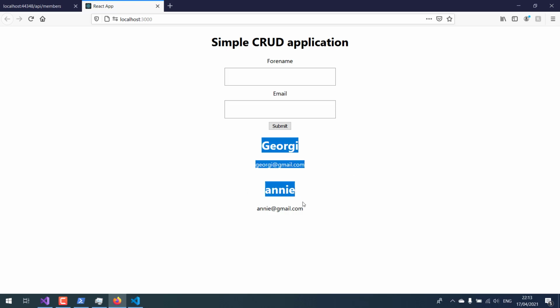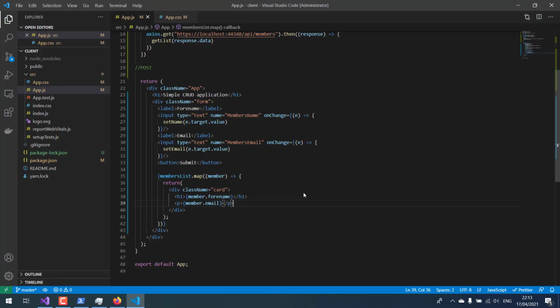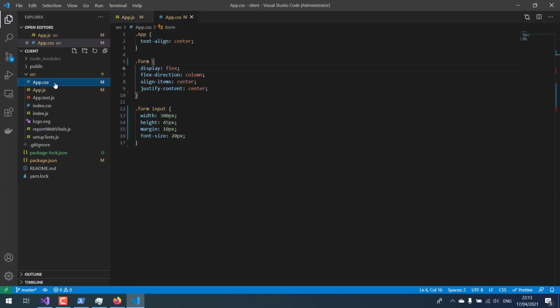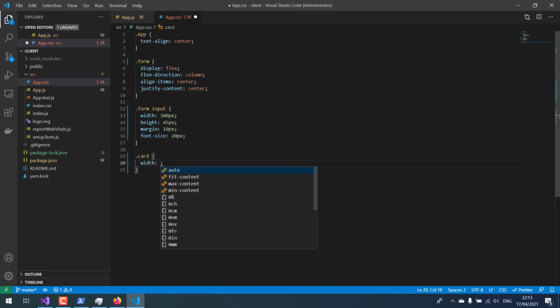That's it. Now I'm going to make them as a card. I'll go here now, in app.css, and I already put my variable, which is .card, so .card, and the card is going to have a width of 400 pixels and a height of 220 pixels,